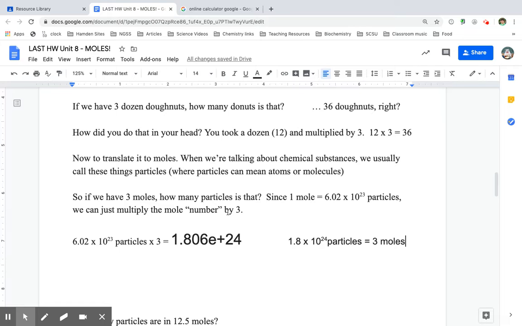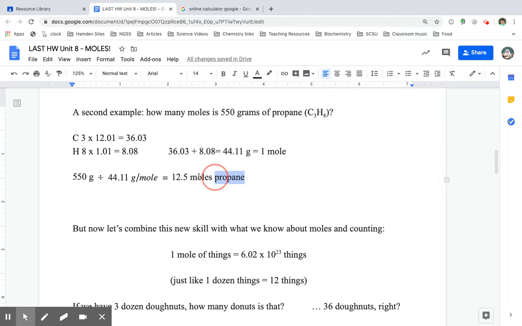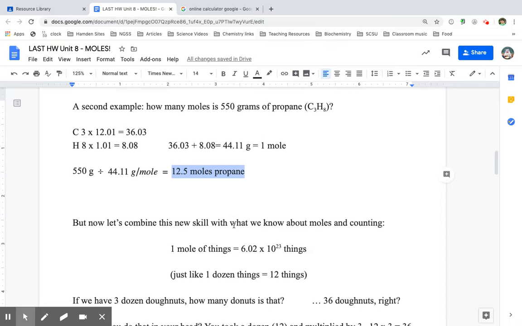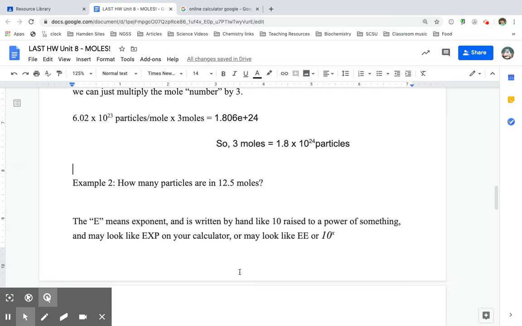What if it's not that nice round number like 3? What if it's that 12.5 moles of propane? How many particles of propane is that? Let's find out. Okay, so the 12.5 moles. How many particles are in 12.5 moles? Well, we take again that we have